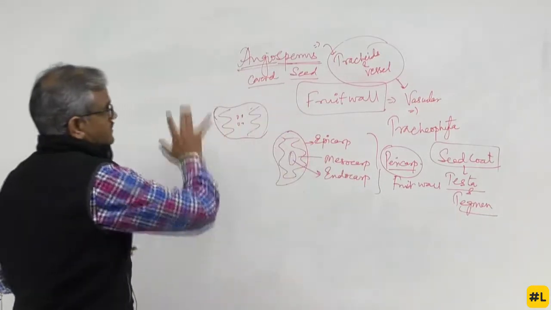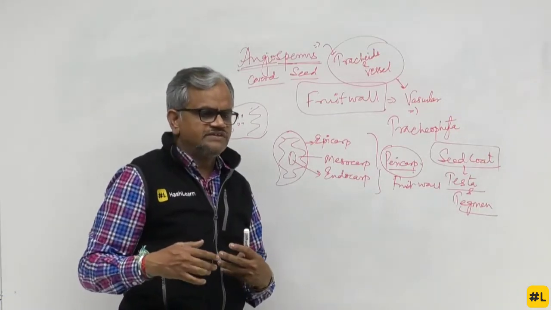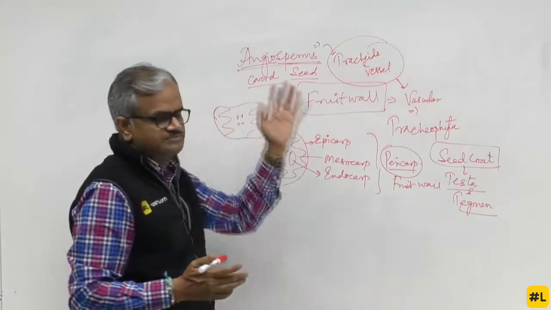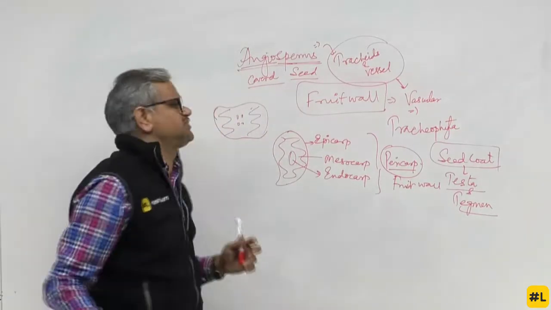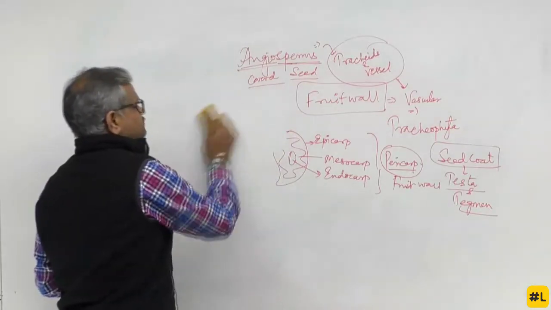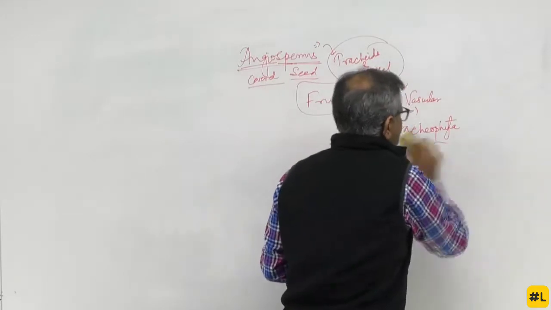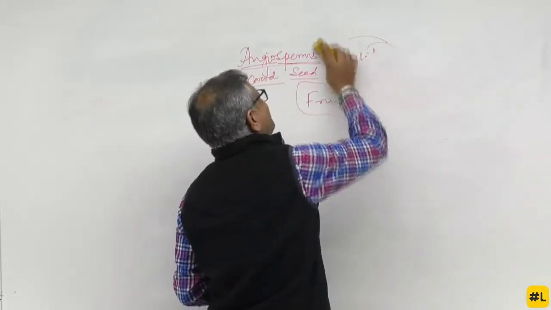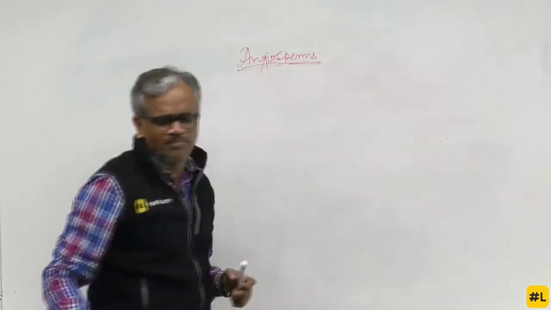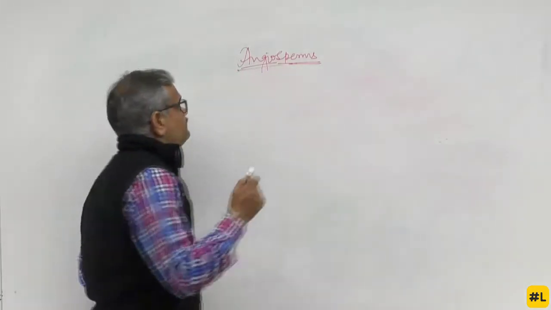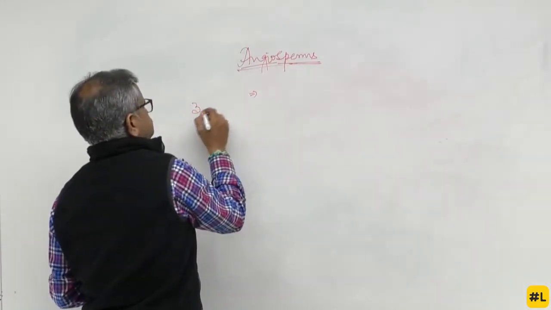Now, this is all about this. Now, when we say angiosperms and classification, let me directly jump into the discussion. Because being a classification or when we talk about taxonomy, the story is not that simple. But when I say it's not that simple, it doesn't mean it's complex. Here we have something called 3 systems of classification.